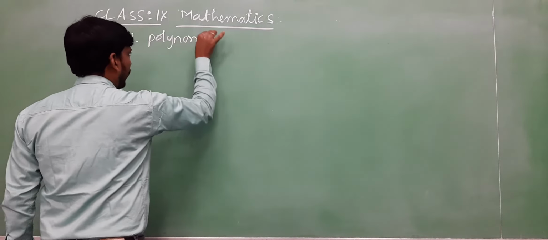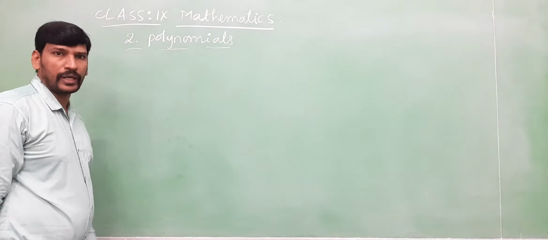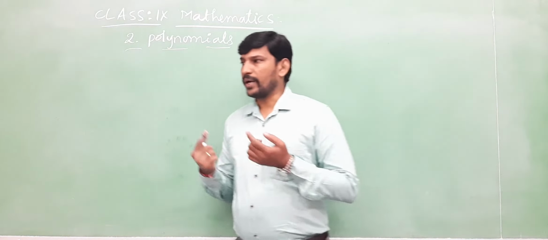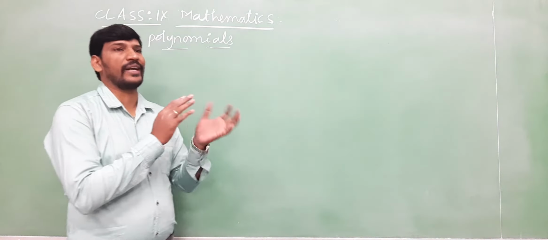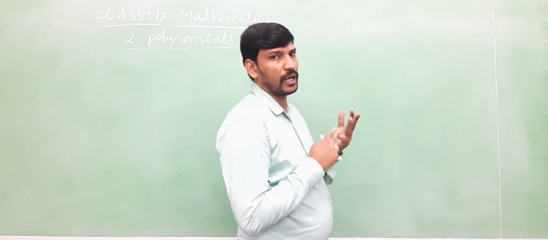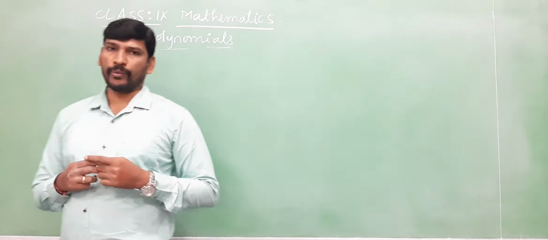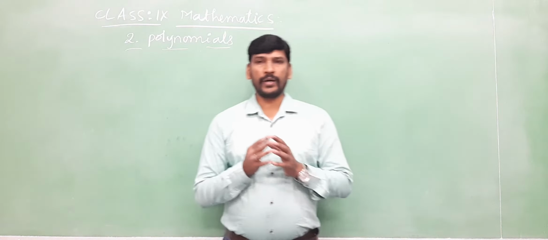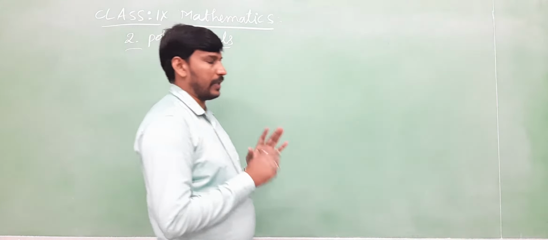Okay, so already in the previous class we discussed what polynomials are, how to define a polynomial, and what the degree of a polynomial is. Depending on the degrees we define different types of polynomials. Degree 1 is a linear polynomial, degree 2 is a quadratic polynomial, degree 3 is a cubic polynomial. As well, depending on the terms, we say it's a monomial, binomial, or trinomial. All are completed.